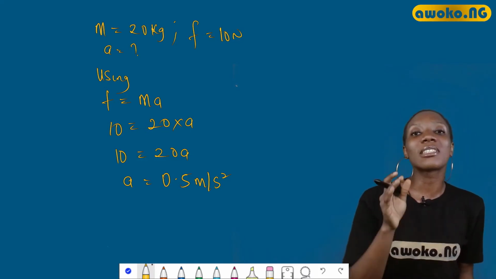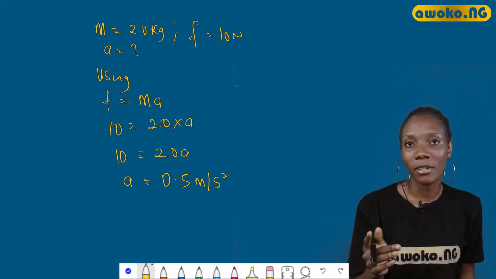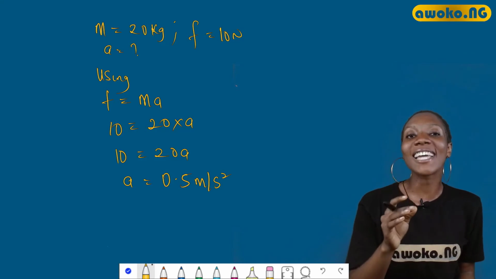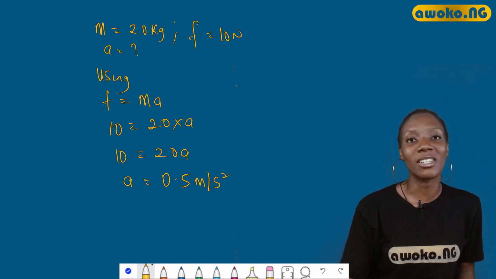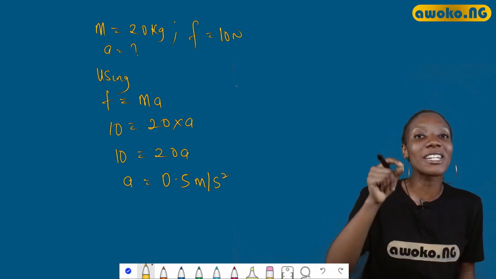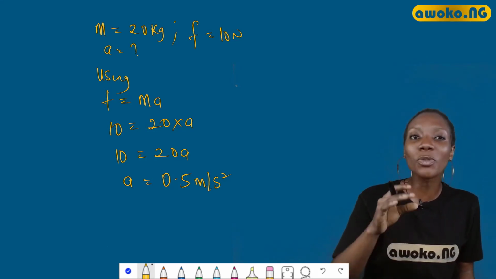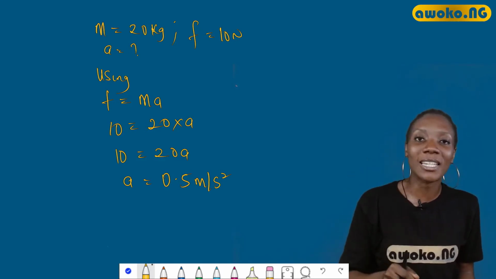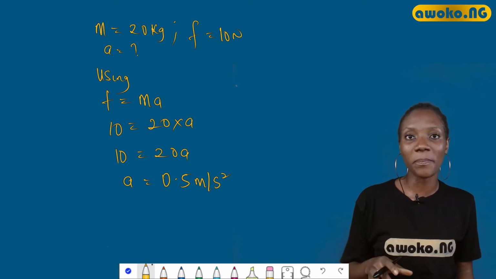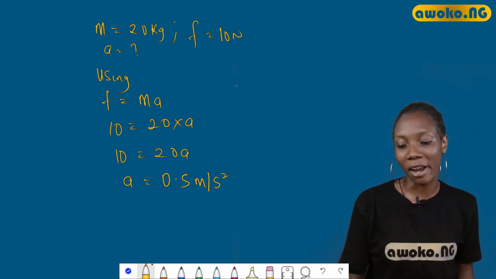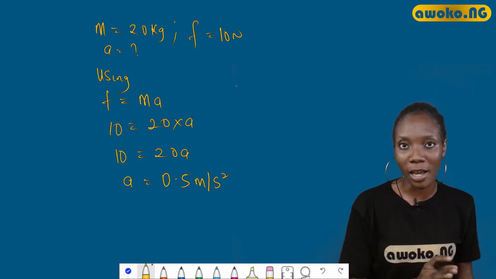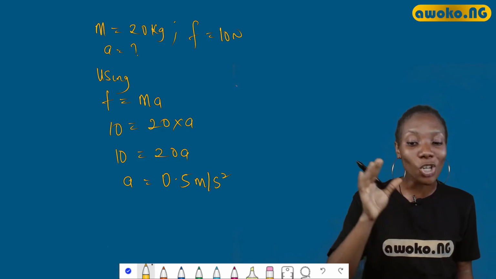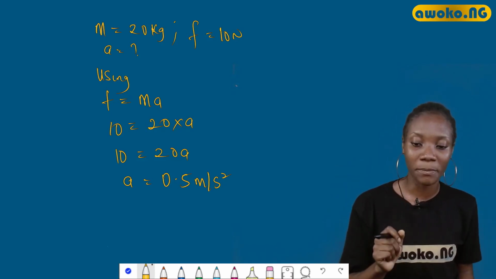Okay? So now, this is why if a gun is fired, the forward movement of the bullet when the trigger is engaged provides the action force. Try and imagine this. Thus, the person firing the gun experiences a backward movement. And so, a person firing a very high-speed gun must be balanced with his weight well adjusted, in order not to be flung to the ground after firing. I think most of us who watch American action movies see that as you fire a gun, you receive a backward movement. This is just what Newton's third law has explained.